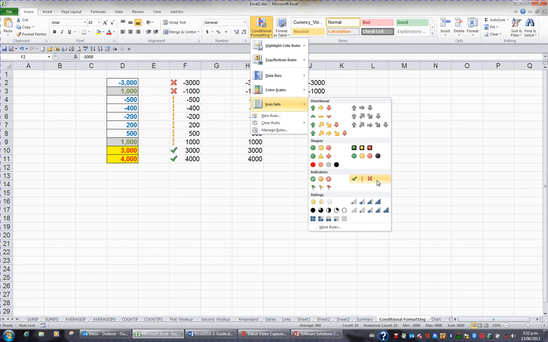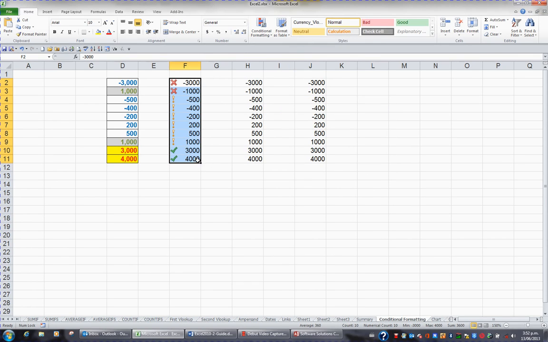I might choose this set, which is known as 3 symbols uncircled. If I click that, it automatically applies an icon set. But what I want to do is actually manage the rules that determine whether something gets a cross, an exclamation mark, or a tick. So I'll go back to the Conditional Formatting button on the Home tab in the ribbon,